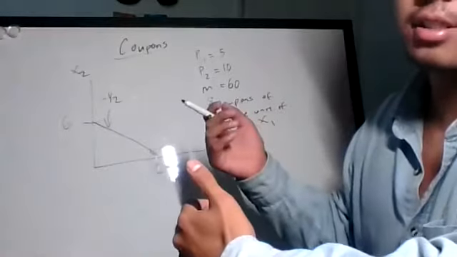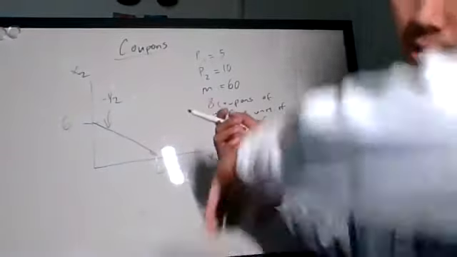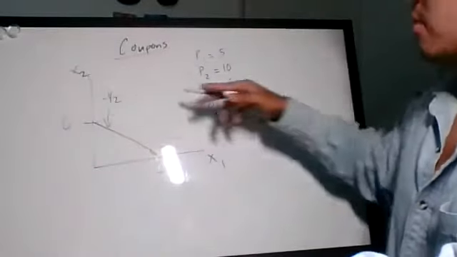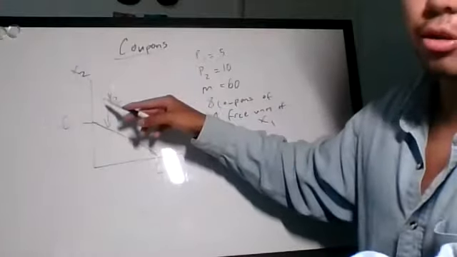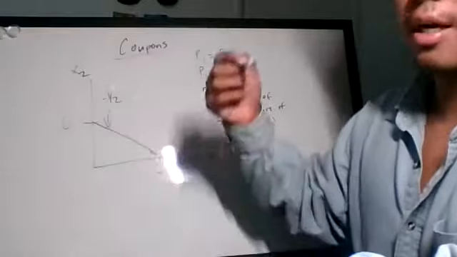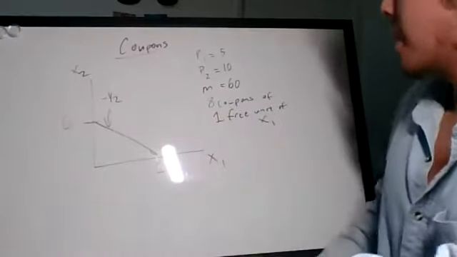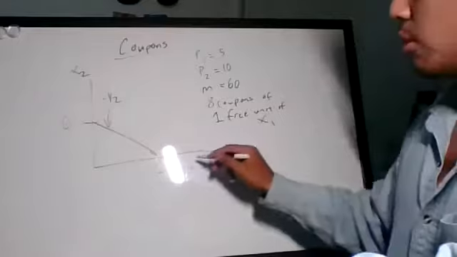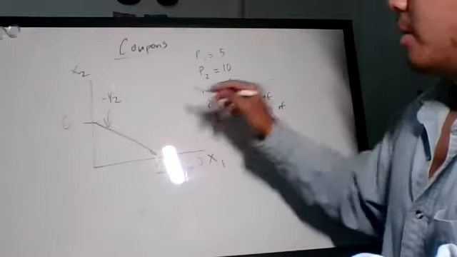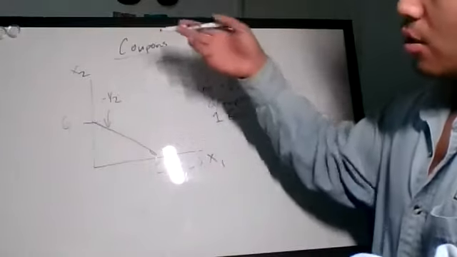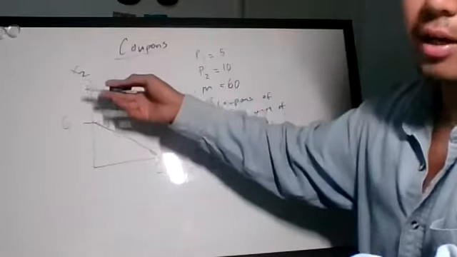You want to think about it as almost like a change in income, except that when you're only consuming X2, you're not going to be able to afford more X2 because of these coupons, unless you're able to sell those, which is what I'm going to get into in the next problem. But looking at how X1 is changed, you can now afford 8 more units. So that takes us from 12 to 20. But you don't want to connect it from here to here. You also want to think, well, when I'm only buying X2,